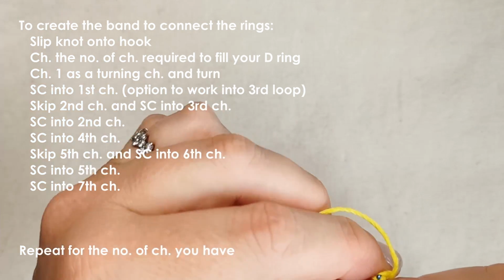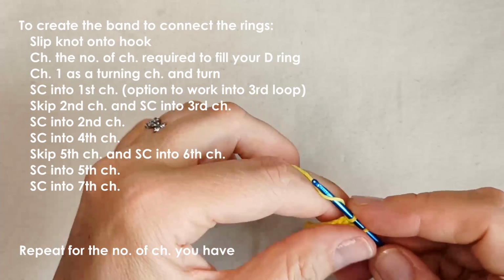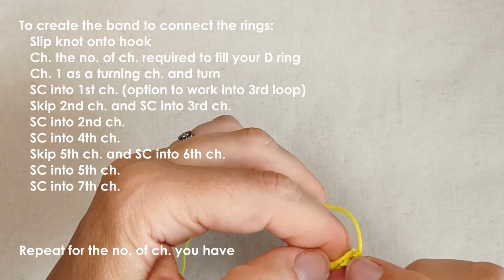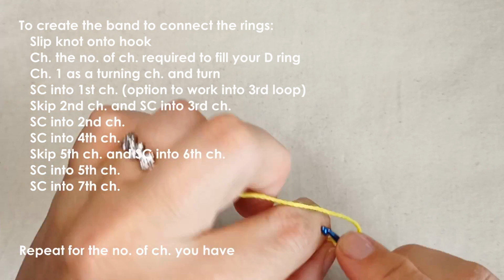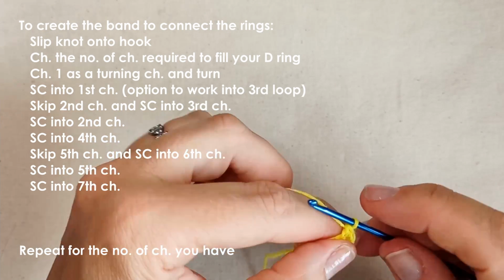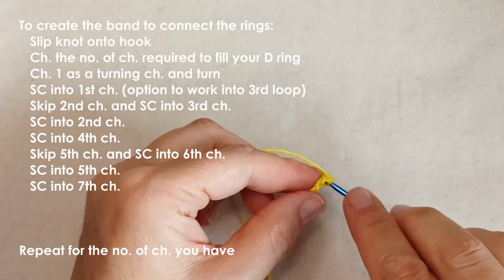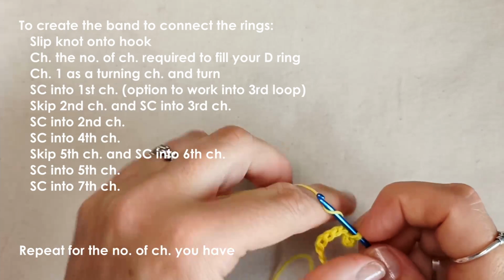So, second chain from the hook, because you've chained one, do your single crochet. Now if you're just single crocheting all along, just go ahead and do that. Otherwise you'll come back to the pattern, skipping that second stitch, working into the third, or second chain, working into the third. Well, actually it's technically the fourth, but you know what I mean. And then coming back into the, now this is where it'll get a little bit tricky. Do the best you can, coming back into the second chain,